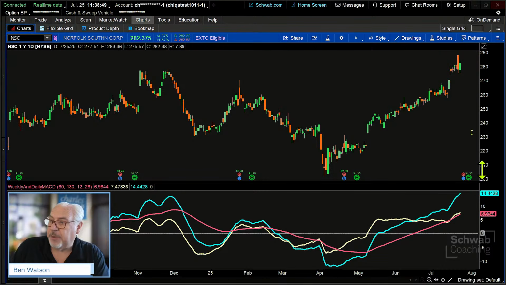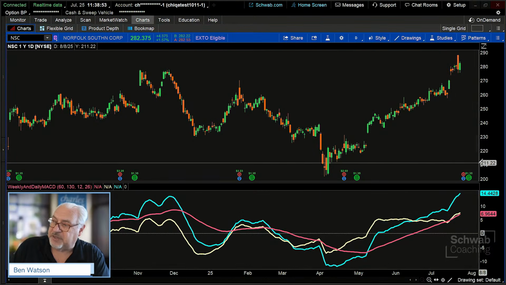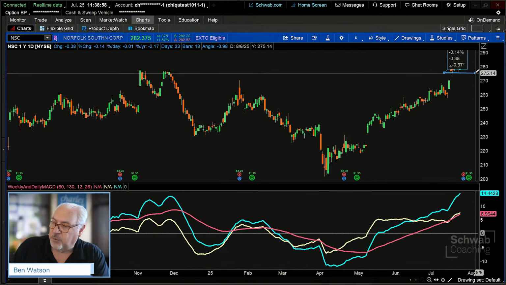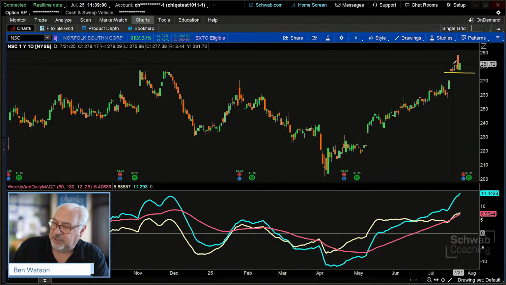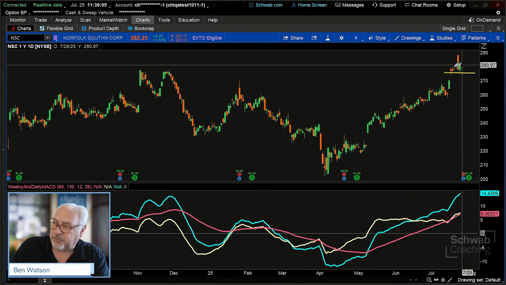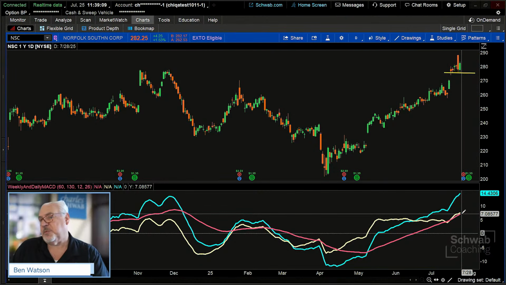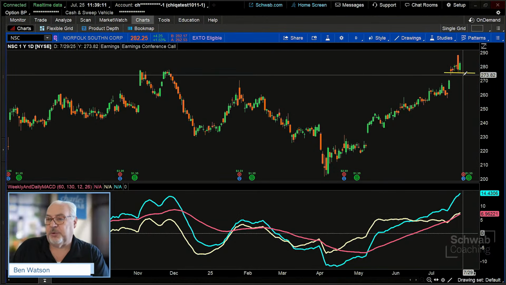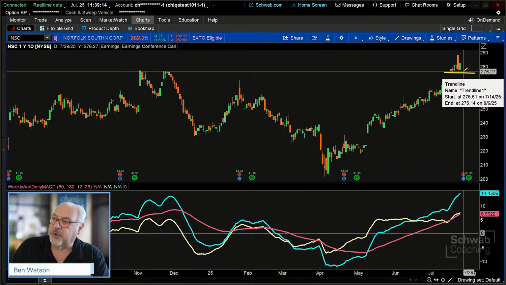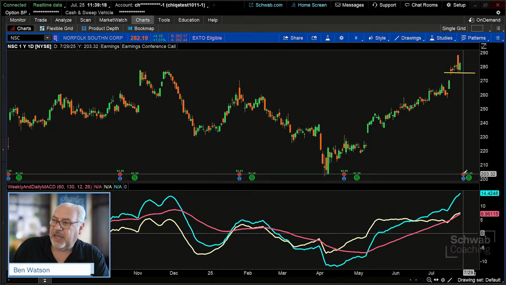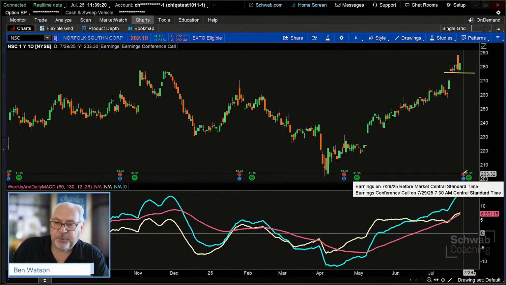But we've got a bounce up off of a level of support. It's actually breaking above a resistance, even though it went up and down yesterday. It's still breaking above that resistance level, and we've got one, two, and three confirming indicators here. So given the bounce and the breakout of that resistance level, I've got some confidence that this is moving higher. Now, the earnings announcement presents a news possibility that could bring the price of the stock lower, but I'm going to go ahead and put on entry into this trade right here, buy, and we're going to click on an order to buy. I'm going to put a note in here.